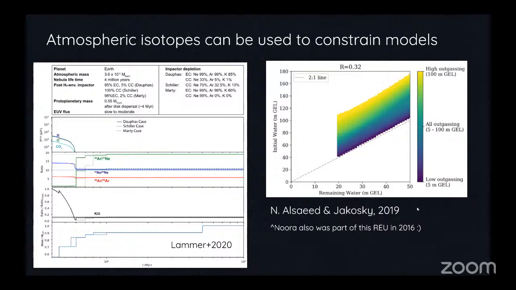On the right here is a similar plot by my colleague Noor Al-Said, who was also a student in this REU at the same time as me. This is work that she did with Bruce Jakosky here, because she also went to graduate school here. In this work, they came up with a simple box model for Mars, looking at the water that we think it possibly could have had in the past, the water it has today, what the volcanic activity might have been, and then this R value here is related to that D to H ratio. So Noor ran a whole suite of models to come up with ones that match the D to H ratio of today, to get at what the water inventories are that satisfy this requirement and what the outgassing from volcanism could have been.